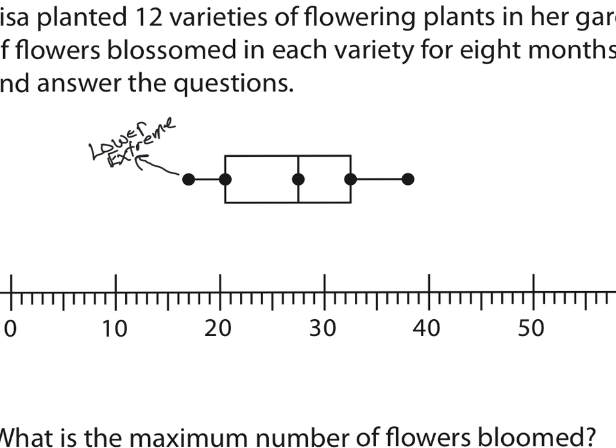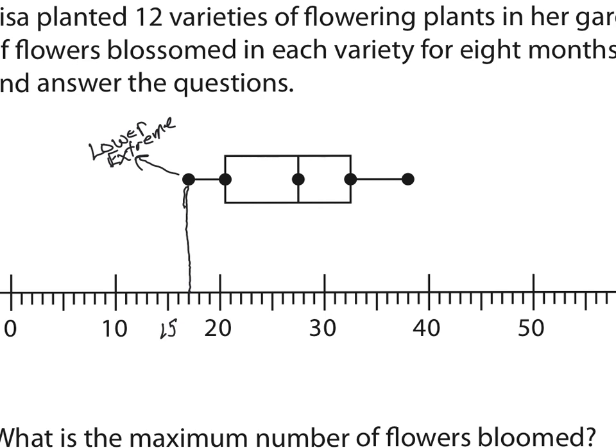Okay, so they looked at 12 different varieties of flowering plants, but we're only showing 5 dots here because these are the important pieces of information. And what I want to do is find a value that lines up with that. This is very difficult to do on the iPad, but we do our best to draw a line straight down so we can figure out exactly where that hits the number line. So when I take a look at that, I've got 10 and 20. So halfway in between would be 15,